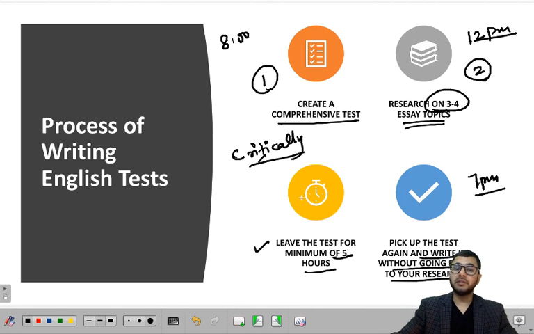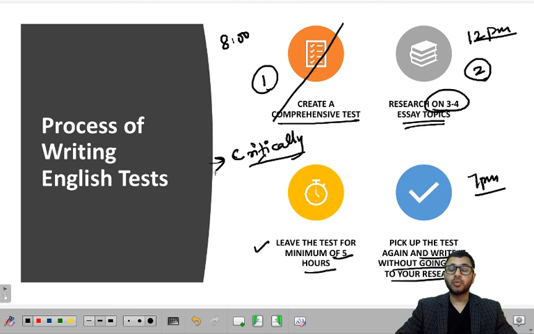So this is the way in which the entire essay writing, or English test writing, has to be carried out. When I am giving you a test, then only this first step is removed. You have to carry out these 3 steps yourself, and after that you send it to me and I provide you feedback. But at the same time it's very important that you are also able to critically analyze your own performance.